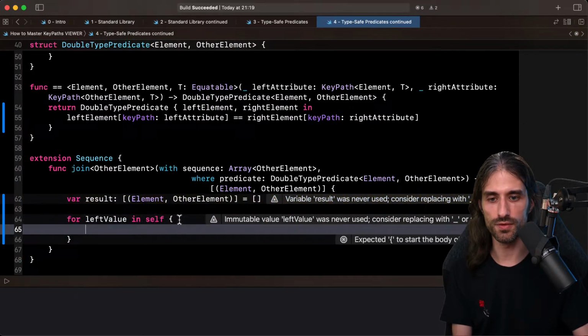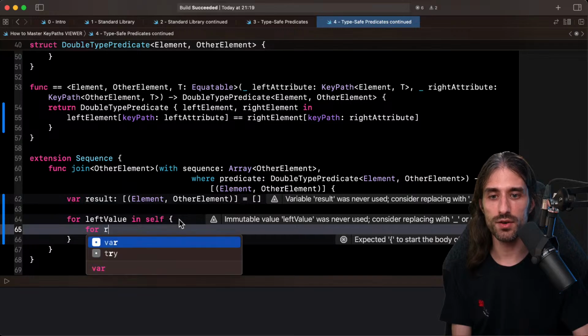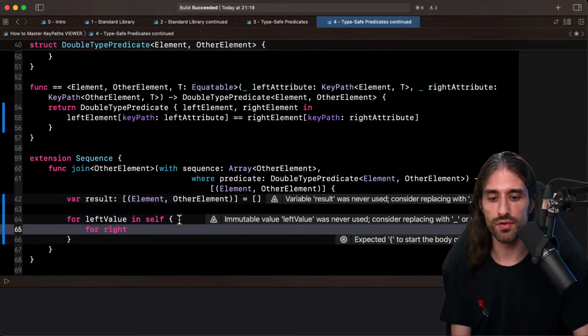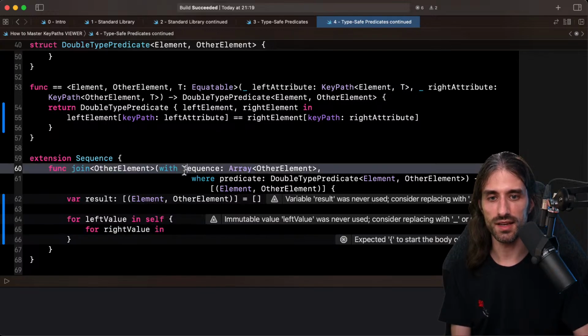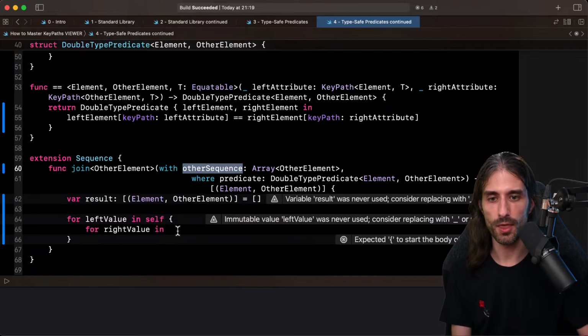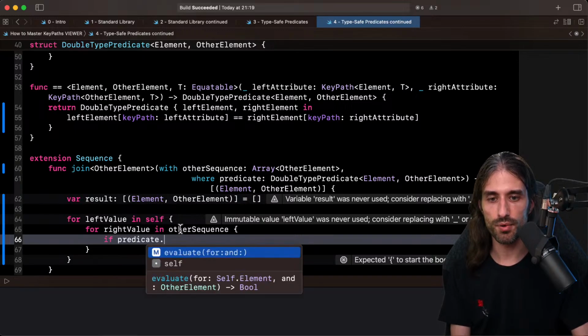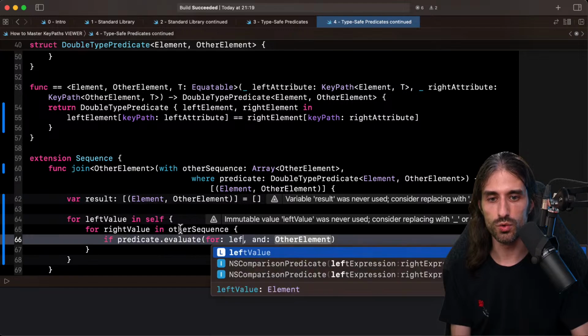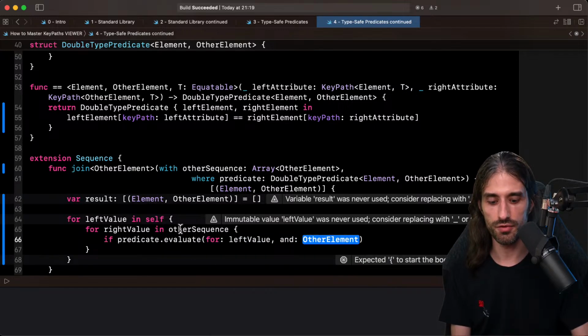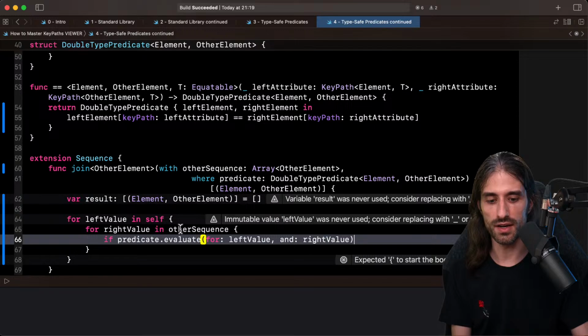we iterate over the values. Then for every value on the left, we go over all the values on the right, so on the other sequence. So here is going to be this argument, which I should actually call other sequence. The name will be a bit better like that. And what I do is that for each of these matchings, I ask: is my predicate evaluating to true for that matching of a left value and a right value?